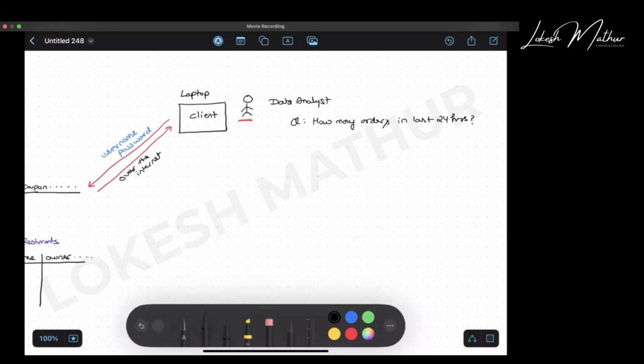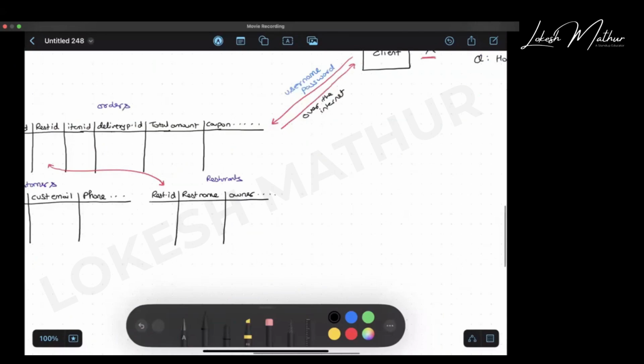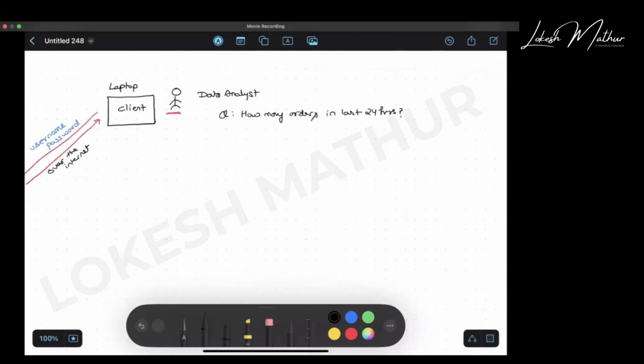Since this is a machine system, there should be some language in which I can talk to this system, right? So if we want to talk to this system holding our data, we need some language.